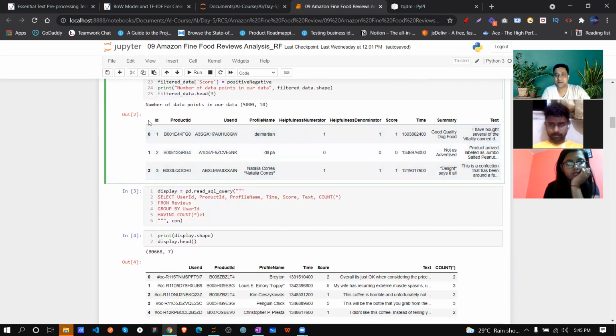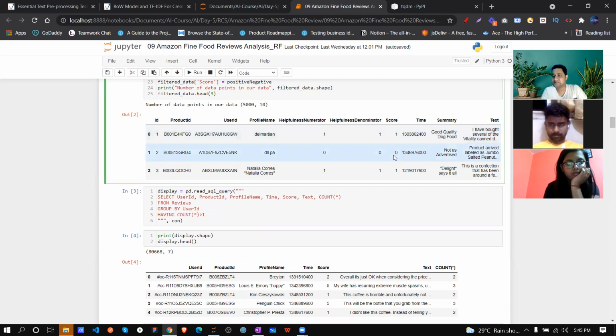Now what about the data? There is ID, product ID, user ID, profile name, helpfulness numerator. Helpfulness numerator is, remember, in Amazon feedback there is one thumbs up sign and one dislike sign. How many percent found that feedback actually helpful? That count is the helpfulness numerator, and the denominator relates to the dislike one.